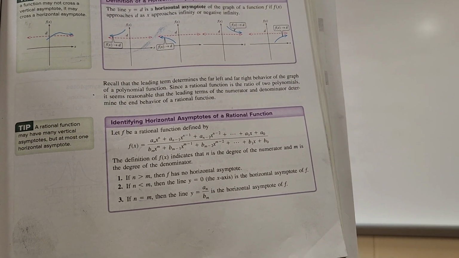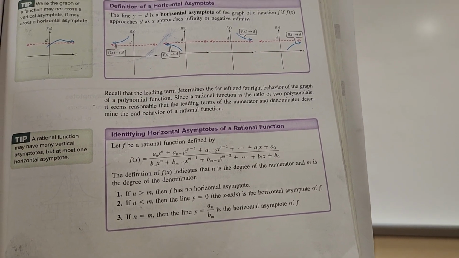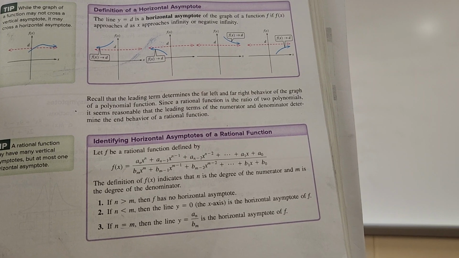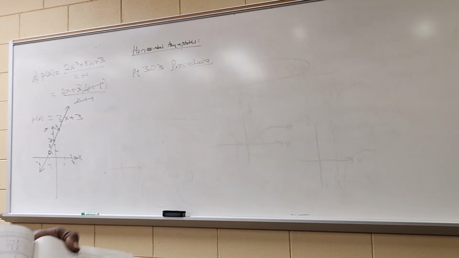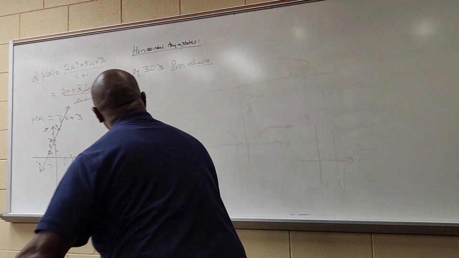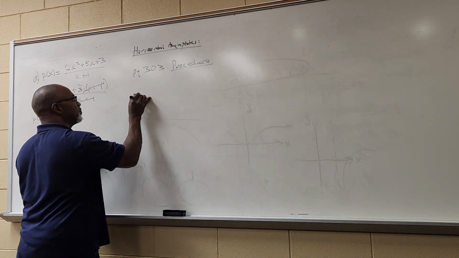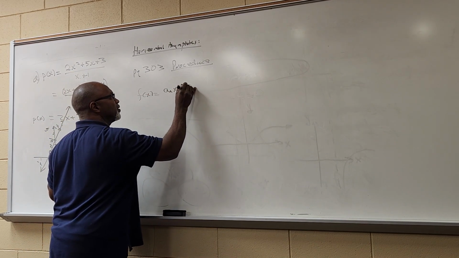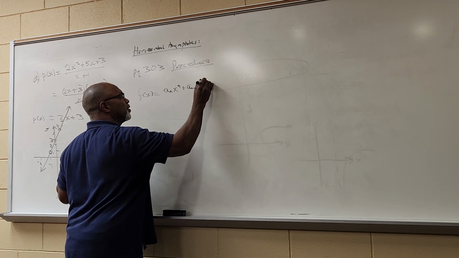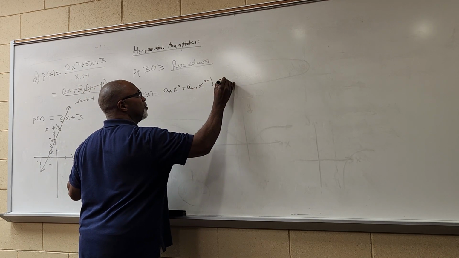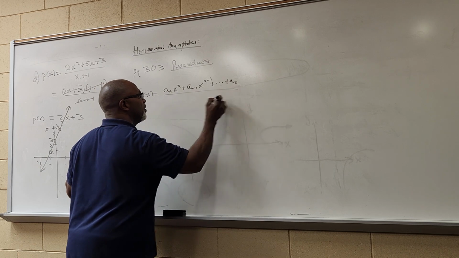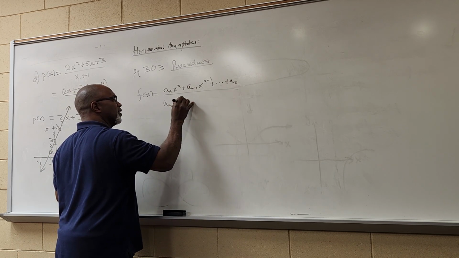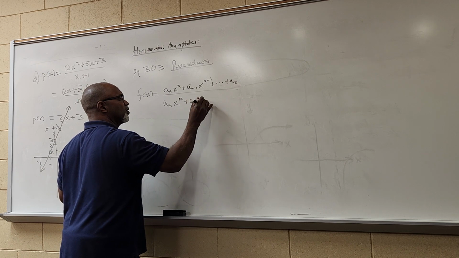Okay, that's not so bad. So if you take a look at that box, we've got a P of X over Q of X. I'm not going to keep holding it up, but basically, when I look at this function, a_n x^n plus a_(n-1) x^(n-1) and so on plus a_0, that's the P of X over the Q of X, a_m x^m plus a_(m-1) x^(m-1)